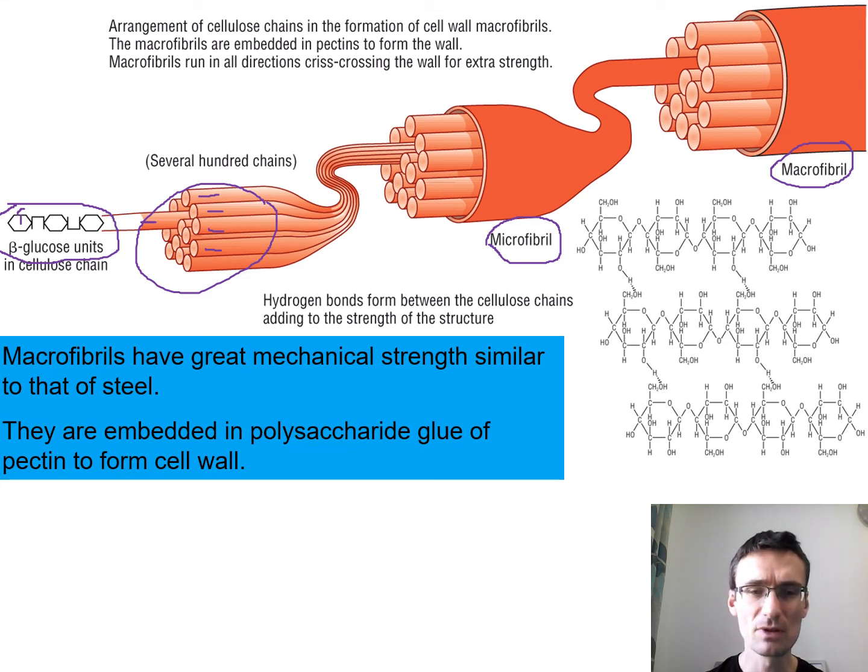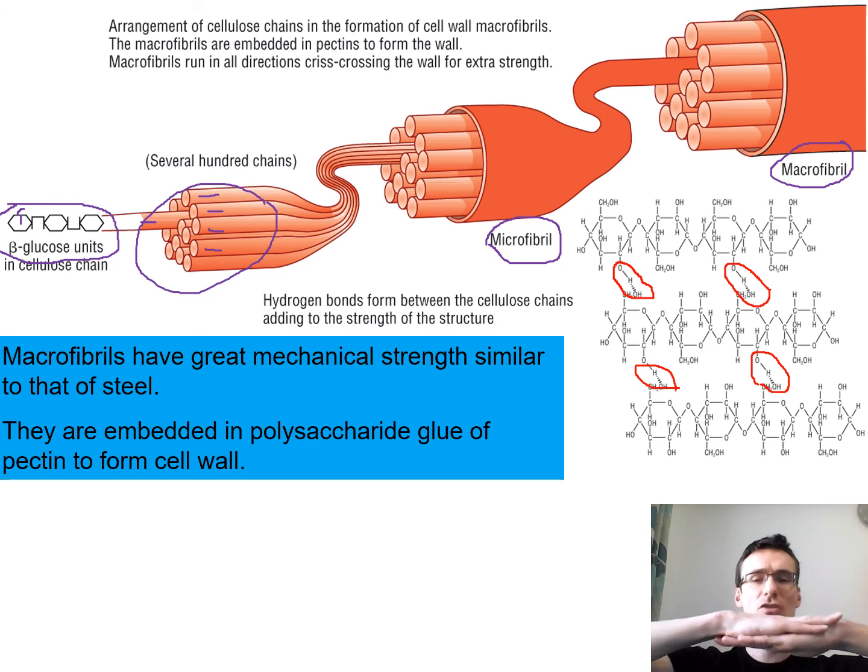So the first way is between beta glucose chains or cellulose chains, there is hydrogen bonding happening. So hydrogen bonding, we've done a different video, and we'll do it on the water video as well. But hydrogen bonding is weak forces between the OH of one group and a hydrogen of another group. So you can see there is a hydrogen bond, there's a hydrogen bond, and they might be very weak individually, but there might be a million hydrogen bonds in a long chain, which makes it a lot stronger. It means the layers of the cellulose can't slide over each other,